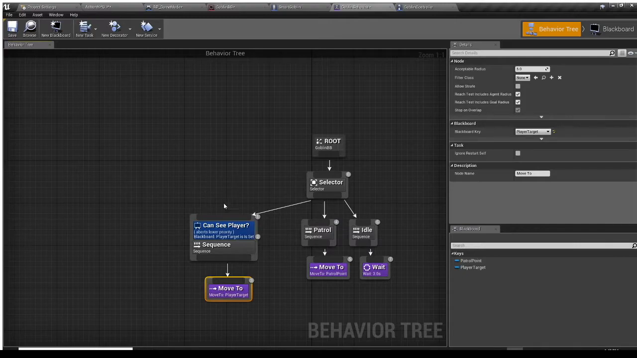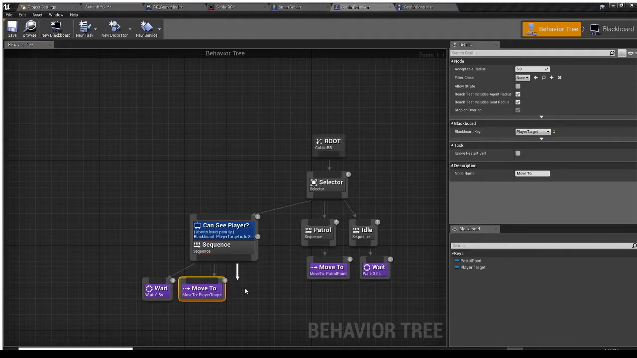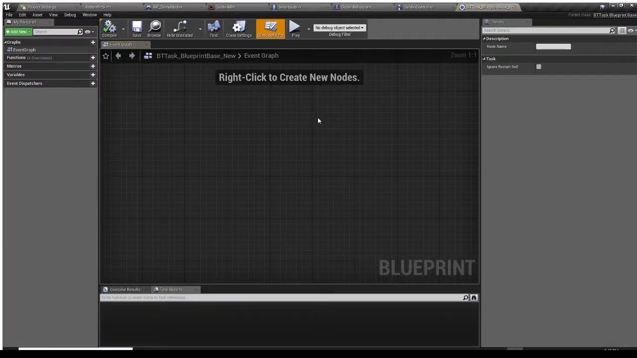The first thing we're going to do is have it wait for half a second. So this is going to look a little bit like a reaction time. The goblin is going to, oops, not 0.05, 0.5 seconds. He's going to wait for that long, and then he's going to start moving toward the player. When he reaches the player, we'll have him wait again, and this is just going to be a placeholder for our attack. We'll do a 2-second wait there, and then we're going to create a new task based on the blueprint base,